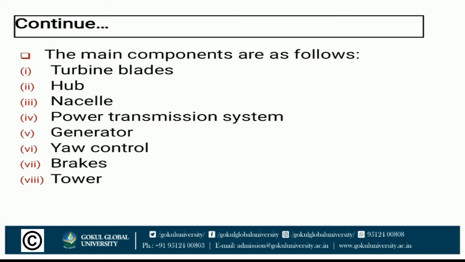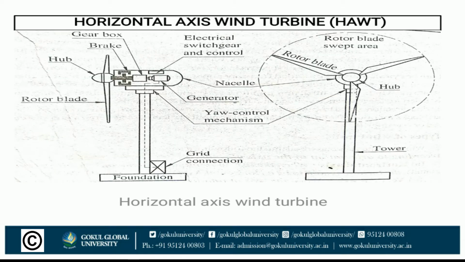Next one, generator. Generally, grid-connected large wind turbines have induction generators. They use reactive power from grids and feed the generated power to boost the grid supply. Medium capacity wind turbines use synchronous generators installed to electrify villages and remote places. Small capacity wind turbines use permanent magnet DC generators, which supply power to microwave stations and illuminate lighthouses.